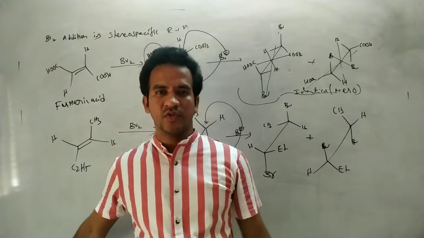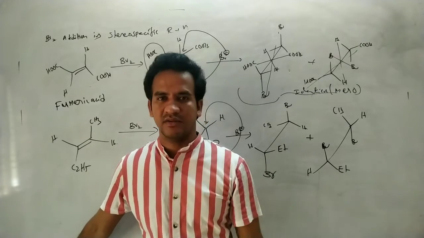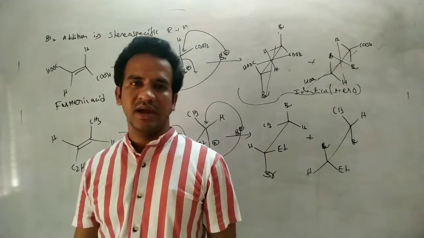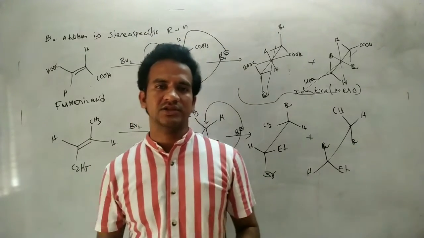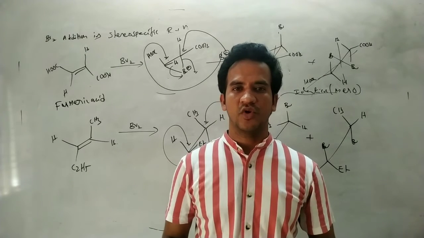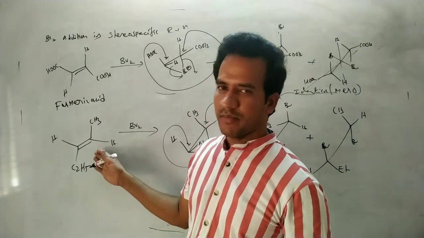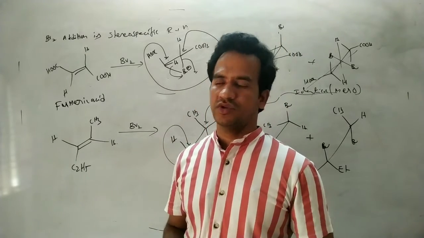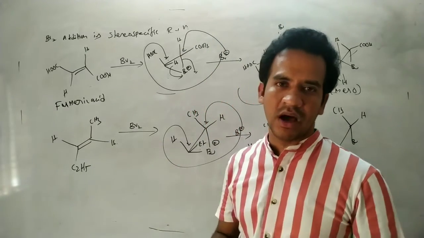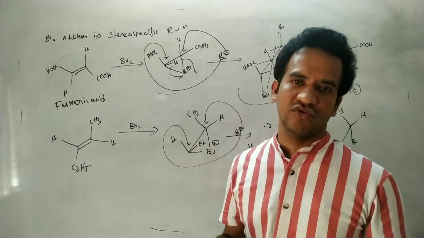That is when the alkene is symmetrical. But what if the alkene is unsymmetrical? Suppose this alkene is an unsymmetric alkene and it is a trans isomer. Generally we say a trans isomer gives a meso compound on anti-addition, and a cis alkene gives a racemic mixture. Of course, a cis alkene of this type of compound gives a racemic mixture. But here it is a trans alkene reacting with bromine, that means anti-addition, so this should also generally produce a meso compound.